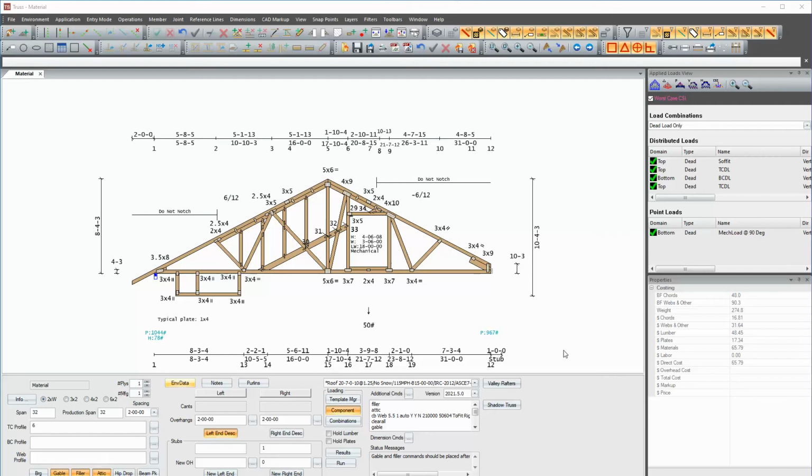This is 2021 R5, and one of the changes that we've made in the program here is to better identify member types according to the way that they are used on a truss. So what you're looking at here on screen is just a truss that I put together that's got all kinds of different pieces and piece types and member types input with various methods in order to just show the way